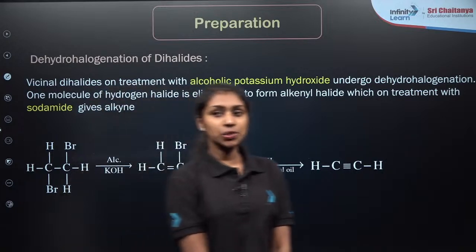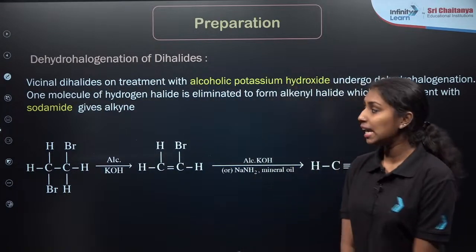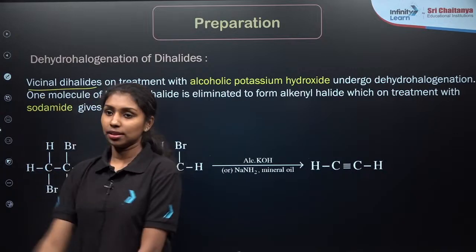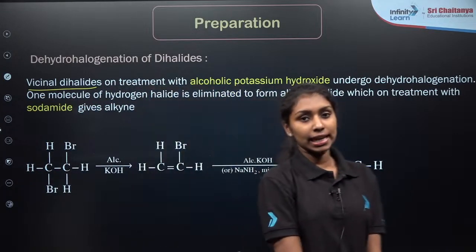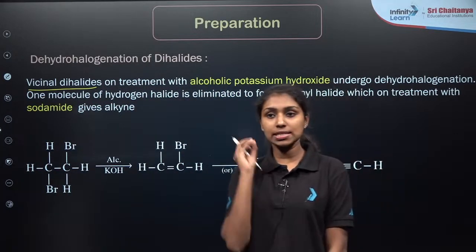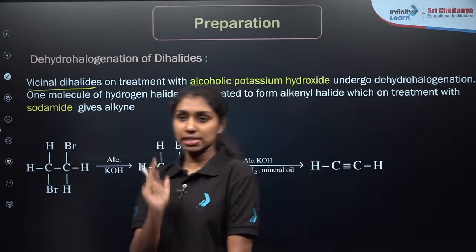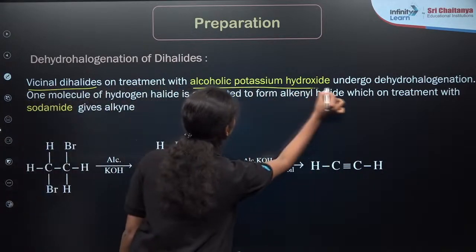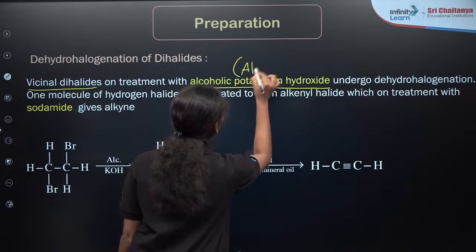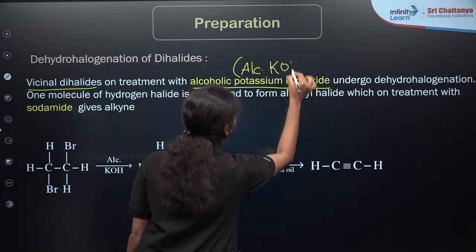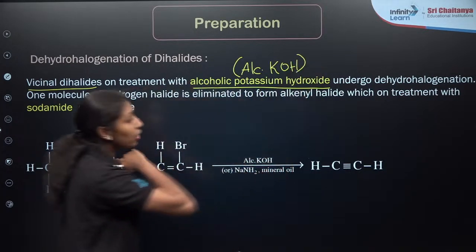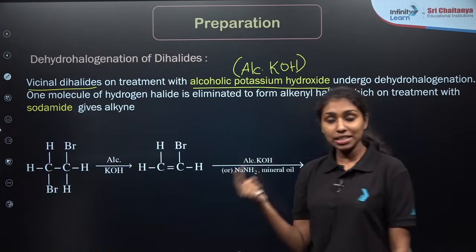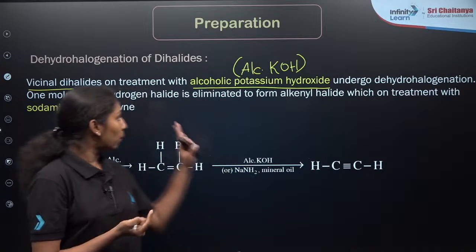Alkyl halides. So here, if you are taking vicinal dihalides, what do you mean by vicinal dihalides? If two halogen atoms are present on adjacent carbon atoms, these are known as vicinal dihalides, which on treatment with alcoholic potassium hydroxide will undergo dehydrohalogenation. One hydrogen and one halogen will be eliminated to form the product,